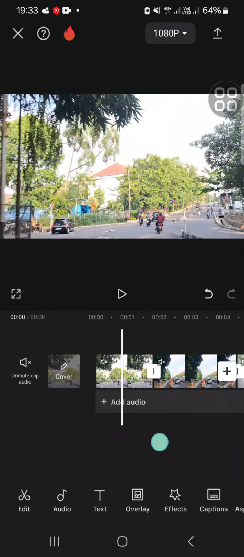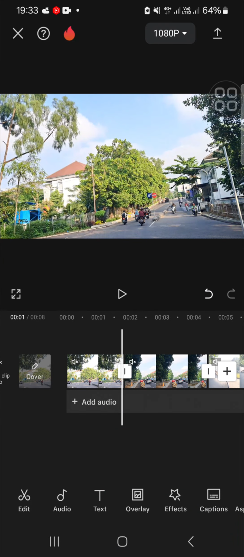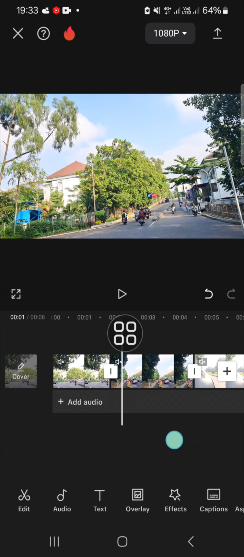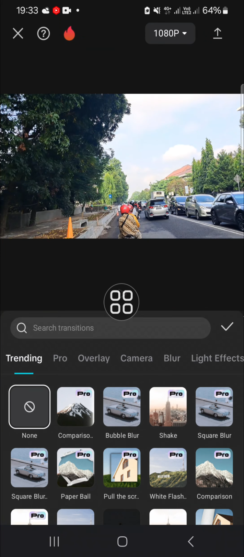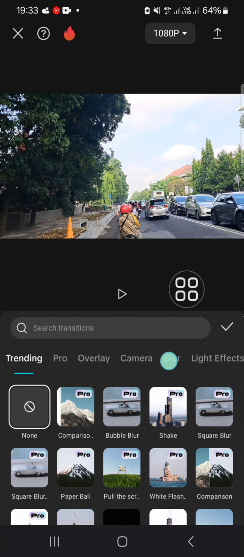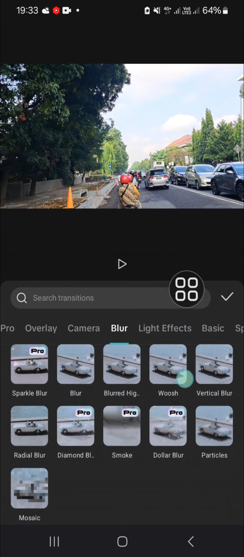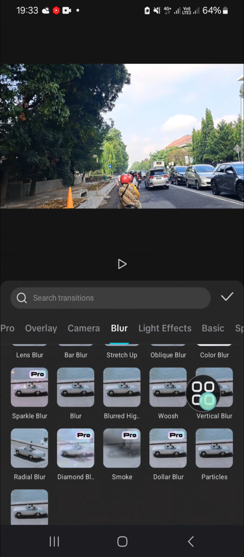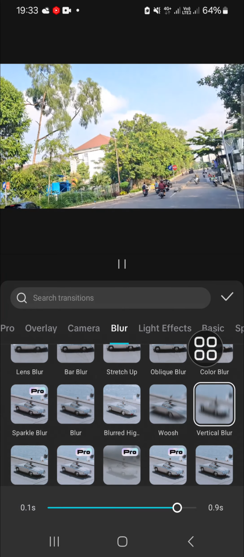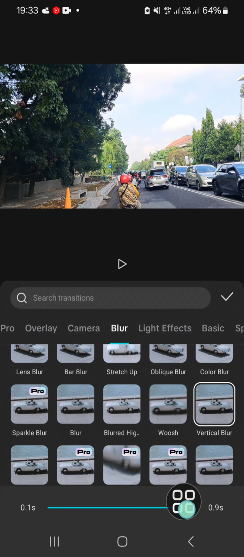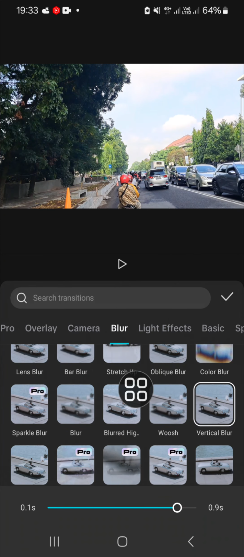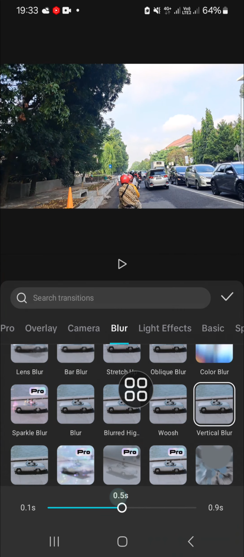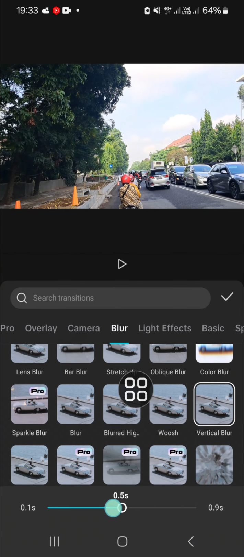First thing first guys, we can click on the transition menu right here. Just click on this icon, and then you have to go to the blur transition. Okay, and you can scroll down until you find the vertical blur transition, this one, and here you will be able to adjust the duration of the transition you would like to apply, and I'm going to reduce the duration